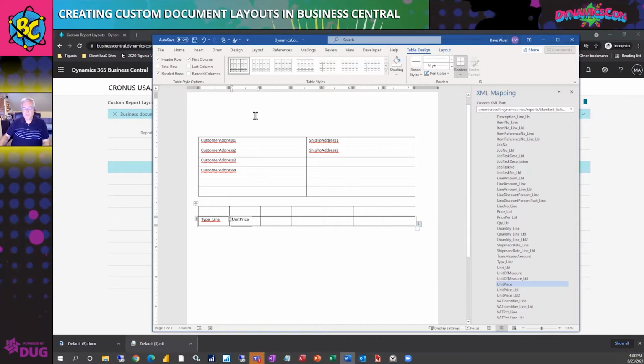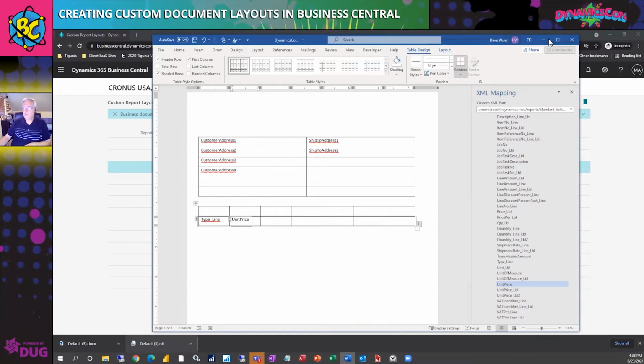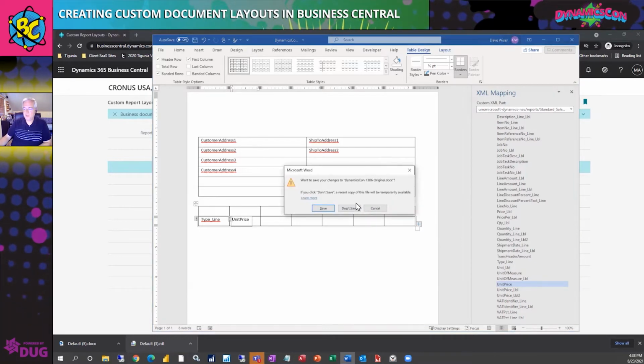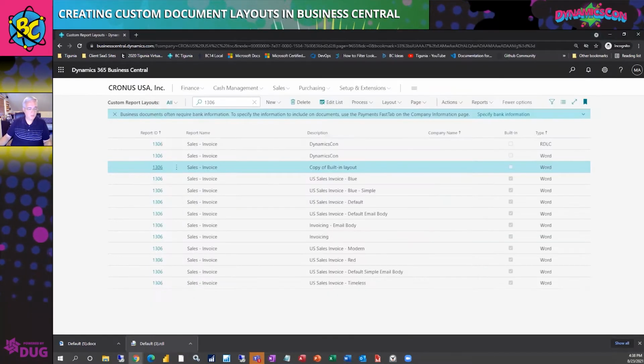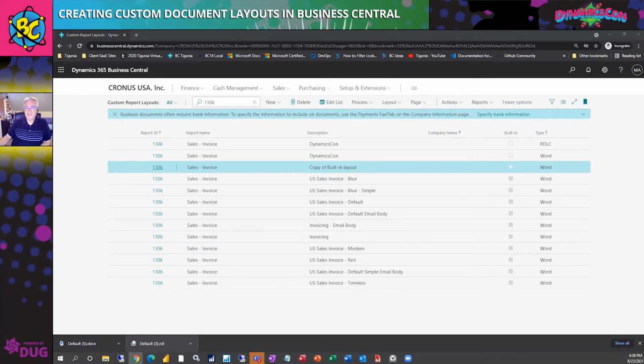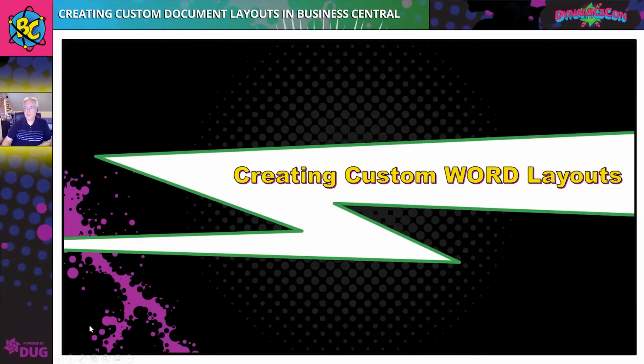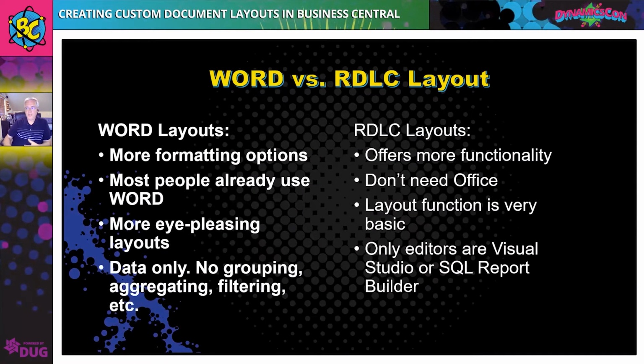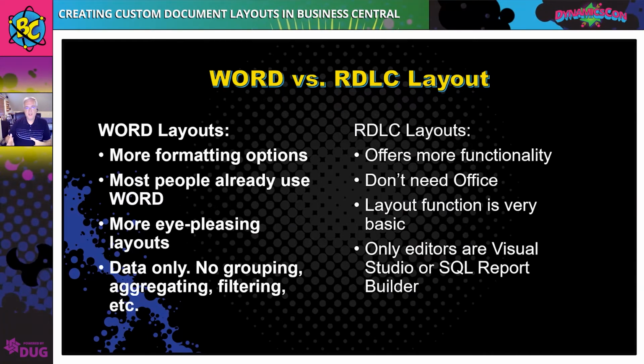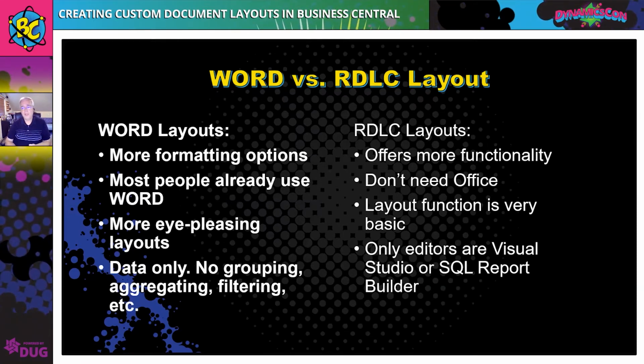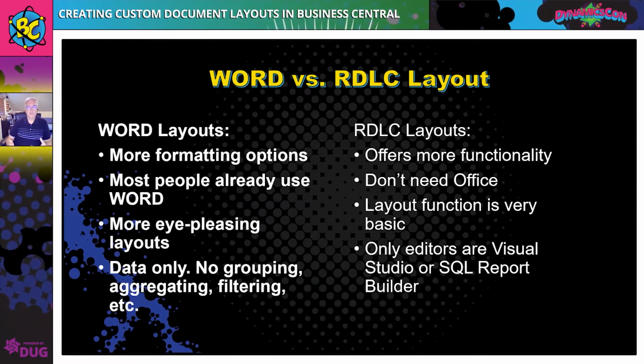Now, there are a few things as kind of the default or the pros and cons of using each approach. We're not going to save that at this point, so we'll head over to the PowerPoint really quick, because what I wanted to show you is some of the pros and cons of using these. As we take a look at using Word and RDLC, there's some definite advantages and disadvantages for using either one. So obviously with the Word layouts, there's more formatting options because we've all worked with Word. We all know how you can format text and boxes and tables. And so there's a lot more